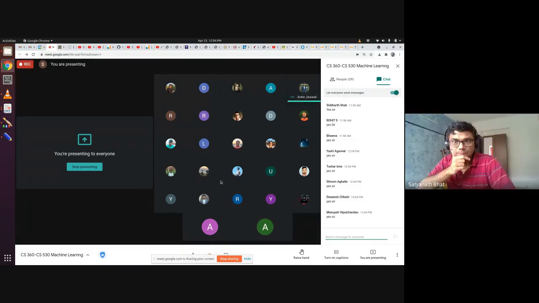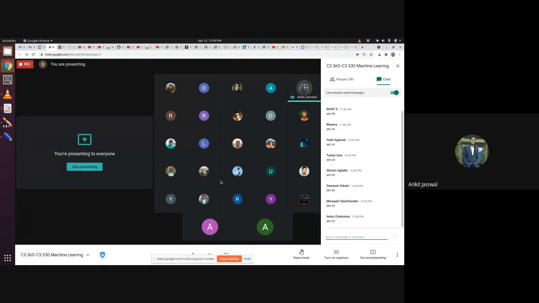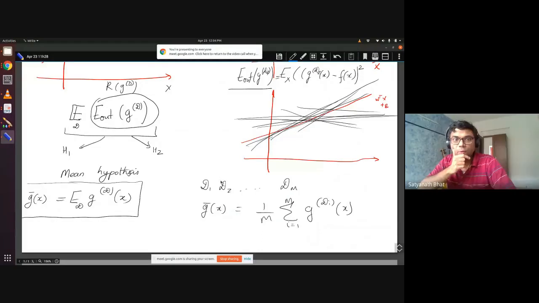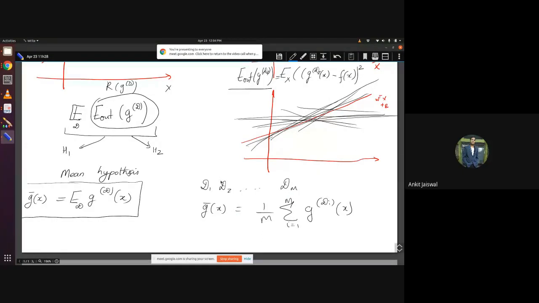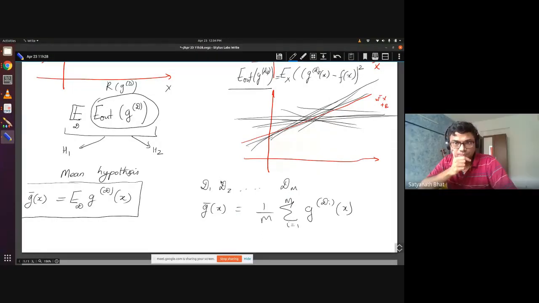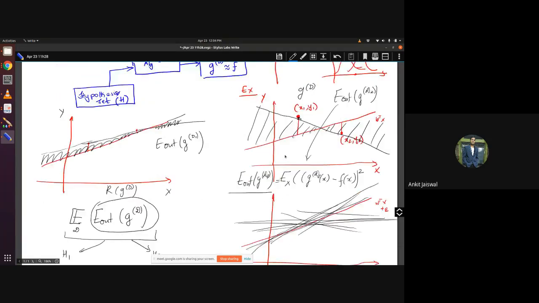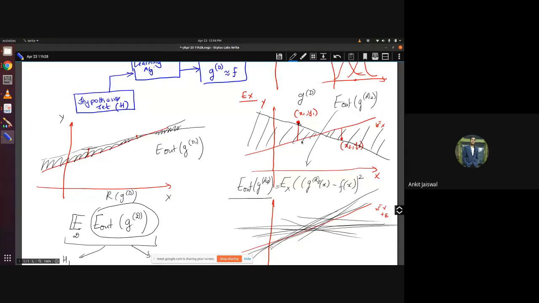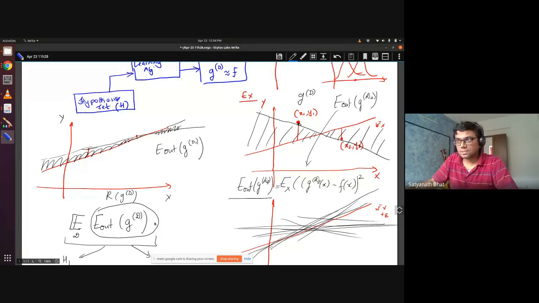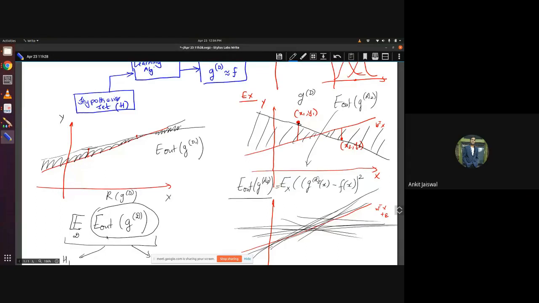So, I'm actually doubtful about the G dash. Okay. What is the question? I cannot correspond this to the previous case, like what it says about the data. What we are doing is that we have different datasets, different samples, and then what we want is the expected value of that loss over all the samples. Yes. This you understood, right? Yes, sir. I understood this.